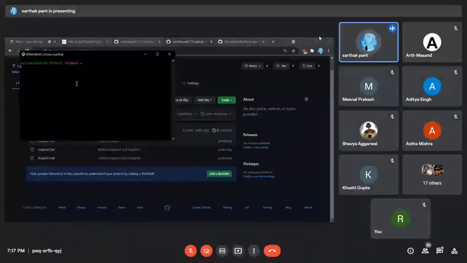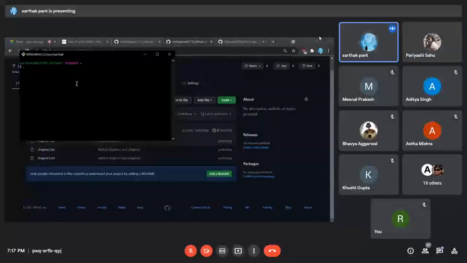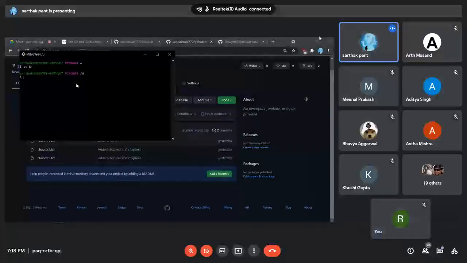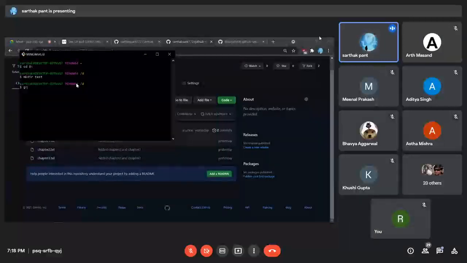Now see, I'm gonna change my directory to D as I want that project to be available in the D drive. So if you want it on the desktop, just change your directory to desktop. So as for D, I will make this test folder. For that, yesterday we learned this command. It is very, very easy for you all, guys. mkdir test. Oh yeah, I need to go inside the test folder too. So for that, I'm going to do cd test.